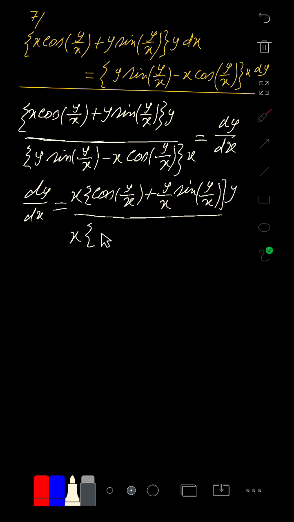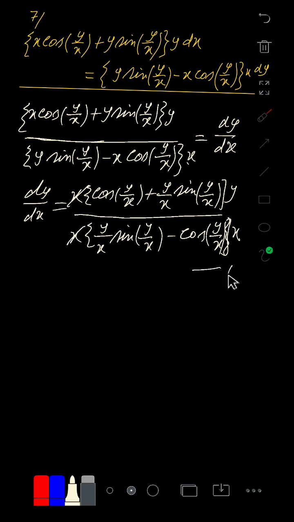So we get first term as y upon x sin y upon x minus cos y upon x bracket close, and there was x outside, so that is as it is. This x is cancelled by this x. So let it be equation number 1,